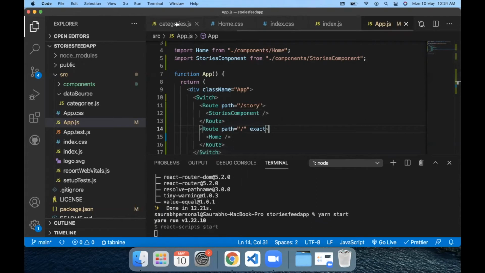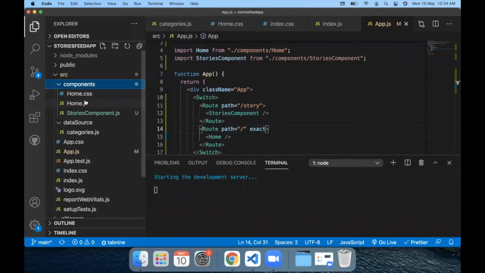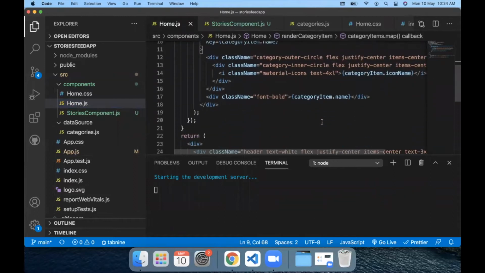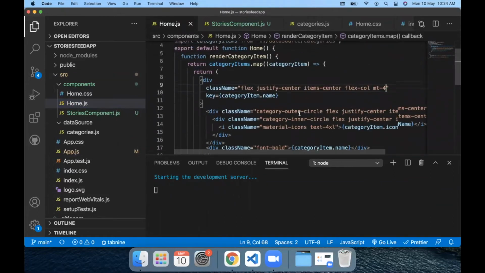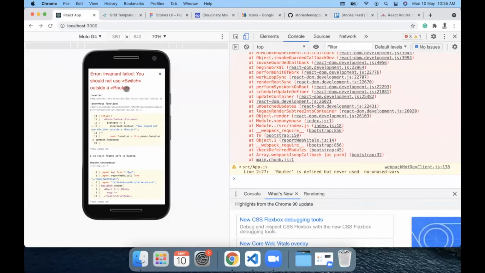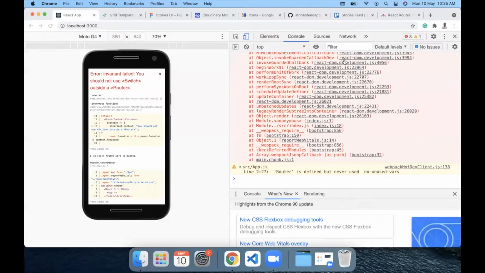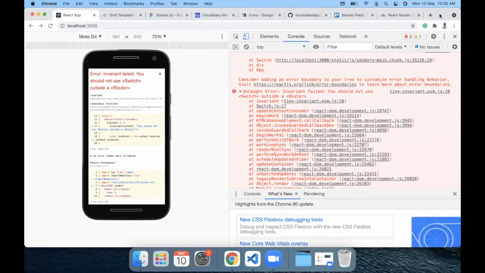Now we come back to the home.js file and we need to add an on-click handler in our category items to redirect the user to our stories component. So on click of any of these category items here, okay, we forgot to add Router, I think.